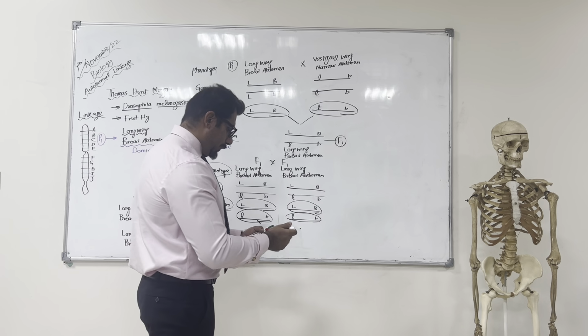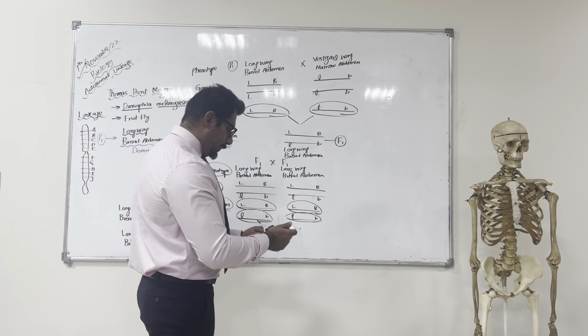So we cannot simply take capital L, small l. Understand? We are using these lines to represent chromosomes. I will explain this again. Wait, we are not finished yet. This is just the beginning of today's topic. Alright? So guys, let's suppose here we have male, and over here we have female, right?